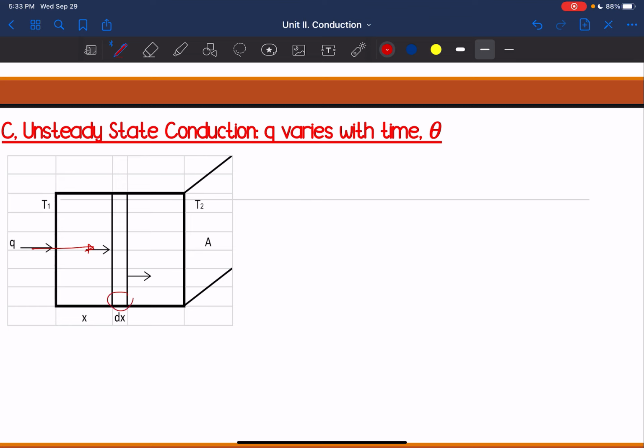So since there's a gradient kanina, if it is steady state, whatever is the Q here is equivalent to Q outside. But since there's, what do you call this, accumulation or maybe loss of heat,